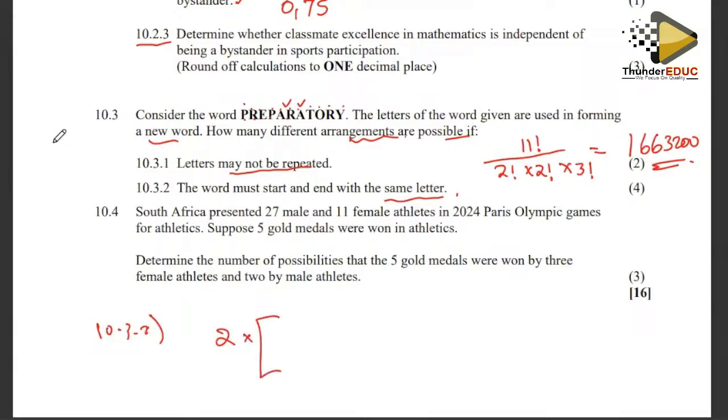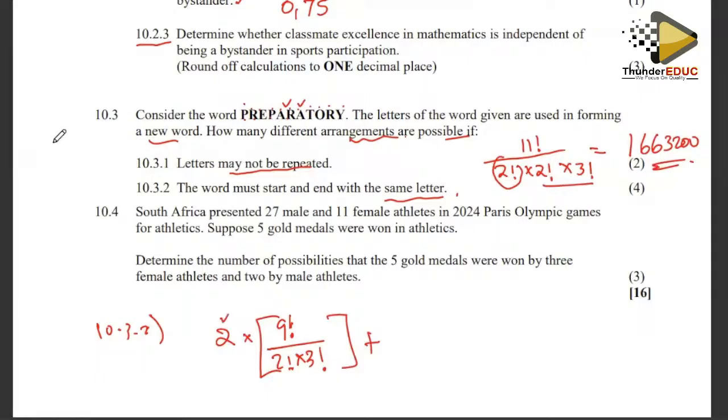So if they are starting with the same and ending with the same, meaning that we only have 9 letters to choose from, okay? So from the 9, if let's say I've eliminated these 2 that are repeating, I'll be left with 2 factorial times 3 factorial. Plus, the other option is that if I'm dealing with these 3 letters,